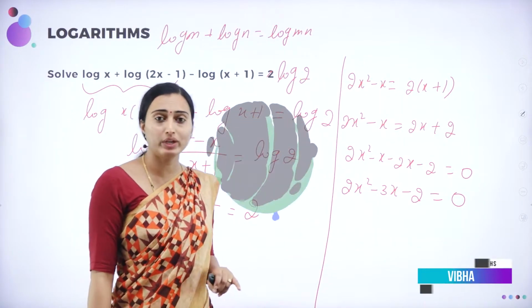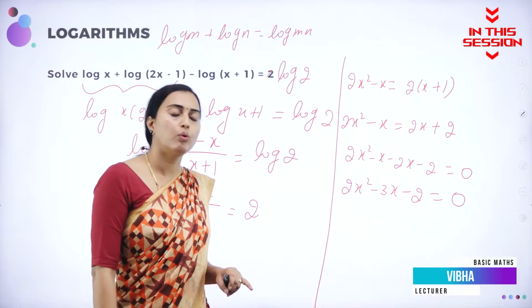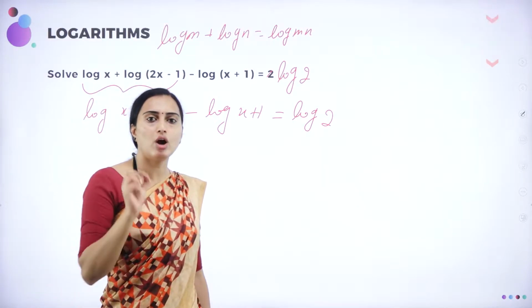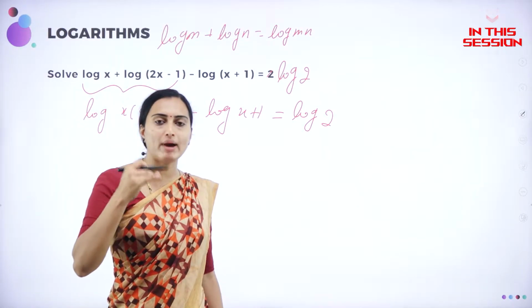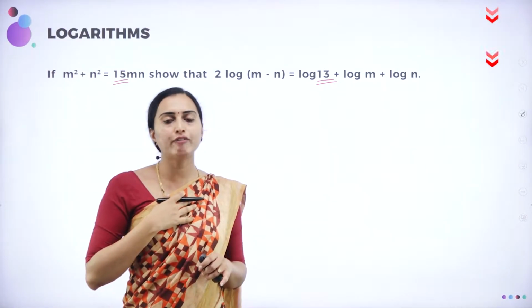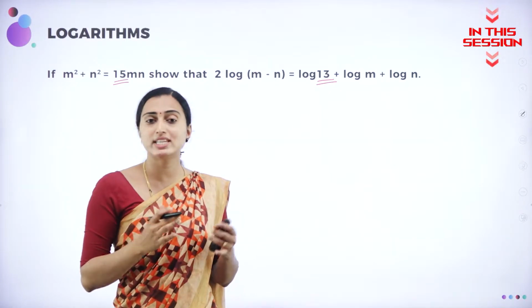So if you solve this equation, if you multiply, you should get 4. If you add, you should get 3. What is that? Minus 4 into 1. Minus 4 plus 1 is minus 3. What is log m minus log n? Log m minus log n is log m by n. If I want to make it as 13, what I need to do? I have to do it as minus 2mn on both the sides. Only one side I cannot do.